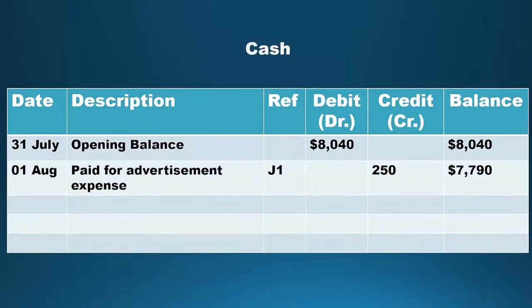Posting to the cash ledger. 1. Date. Write the date of the transaction, August 1. 2. Narrative. Add the narrative. Paid for advertisement expense. This explains what